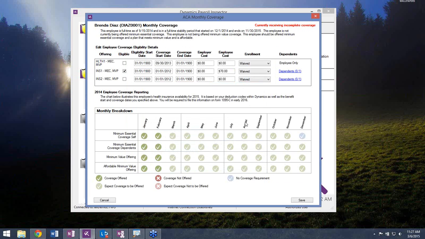So as far as the Payroll Inspector goes for the Affordable Care Act, that's a pretty good overview at this point. I would like it if anybody had any questions to type those in now. Raise the hand and we'll get those questions answered. We'll give it a minute. If no questions come up, we will switch over then to the web-based solution, which is our benefits enrollment module, and discuss that.